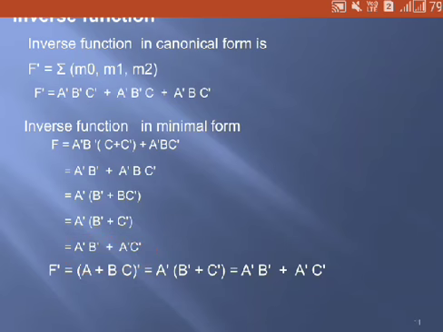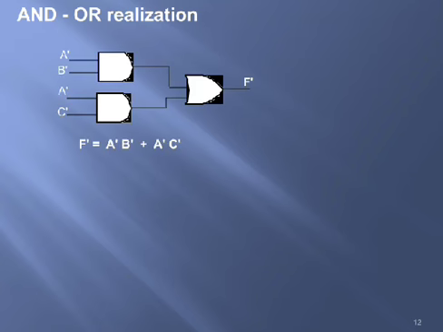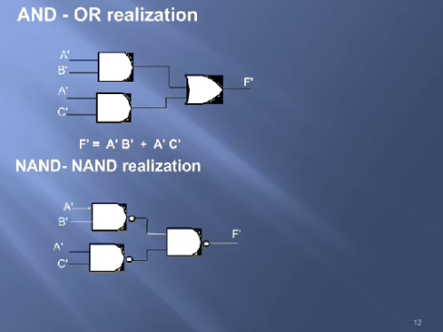That means plus. So again, if you consider AND OR realization, in the first stage you will be having two AND gates because you are having two product terms, and the outputs of those two product terms will be ORed together. That's why in the second stage you are using one OR gate. So you can implement the minimal SOP form with the help of AND OR realization, and the same thing can be implemented with the help of NAND realization. Both are one and the same.